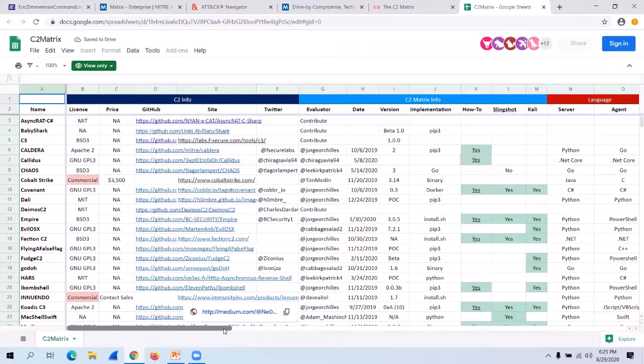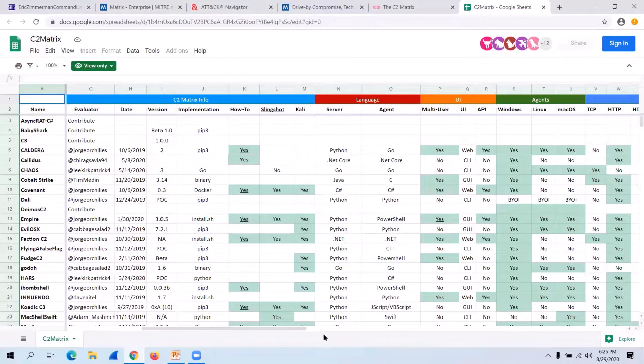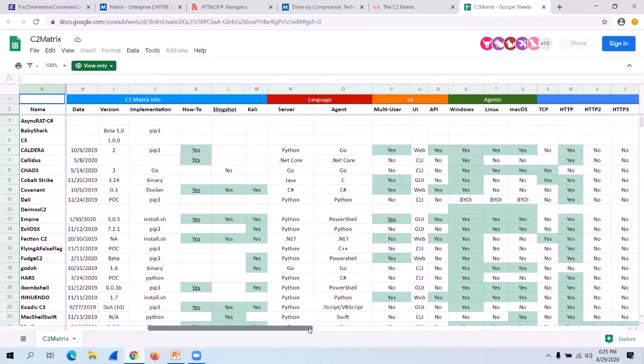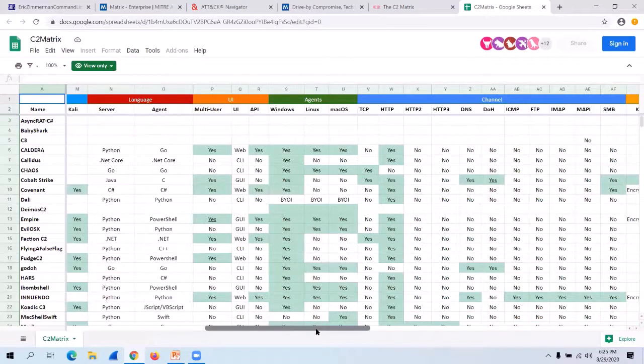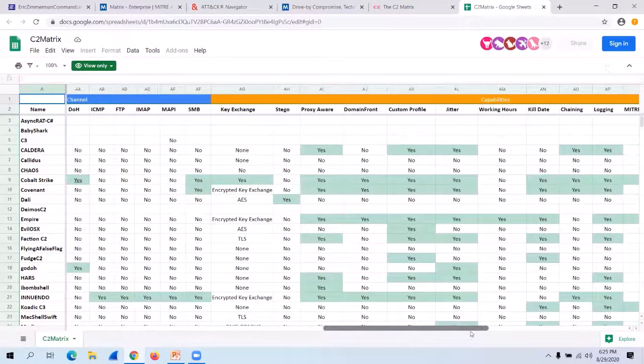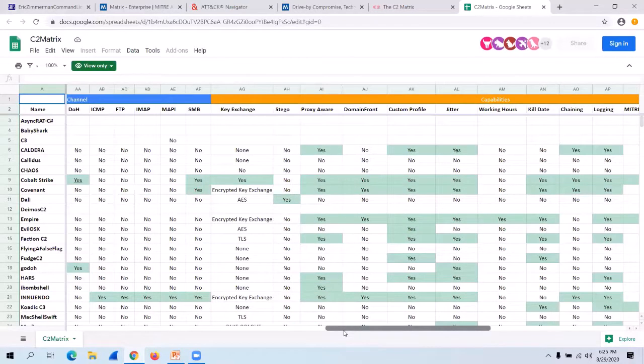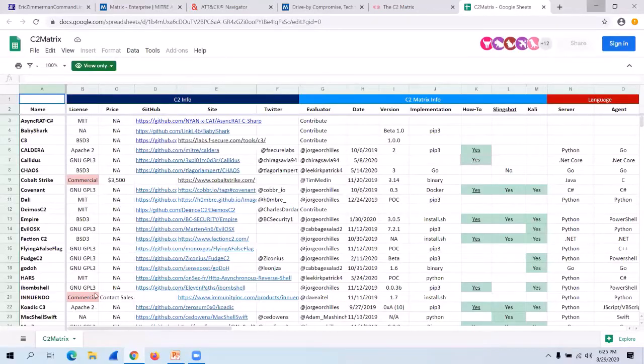Whatever C2 frameworks you utilize, some of them are in Kali or other operating systems. This provides a very extensive overview of each and every C2 framework, most of the good ones out there, along with every little teeny tiny detail, like whether they utilize an API, whether they are Windows or Linux based, how they operate, what kind of C2 channels they utilize, either TCP, HTTP, SMB, and in the end, whether MITRE ATT&CK mapping is there or not. So this is just to familiarize you with the C2 framework, the C2 Matrix.